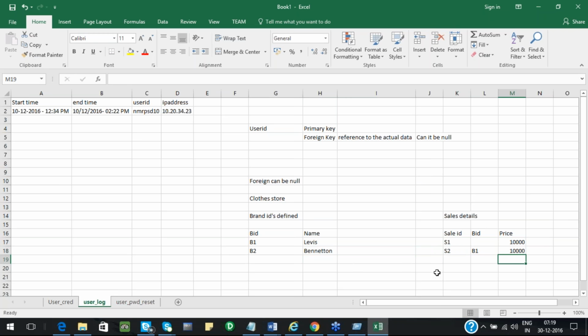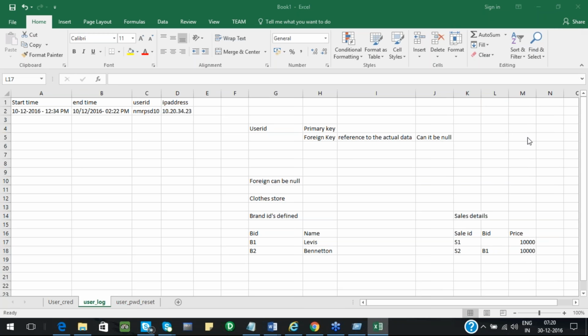Now if you see, I can sell items which are not having any brand also. It's a possibility in that particular cloth store. So in this case, my brand ID is acting as a foreign key in reference to the brand ID table, and here it is null, blank. So in this example, a foreign key can be null. All right. Hope it answered your question, Nupur. You got the point.